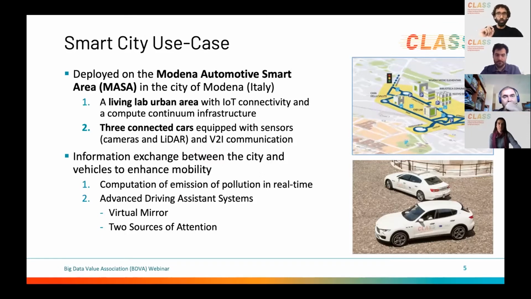So we intend, we are implementing, we are applying, we are testing this CLASS software architecture in a very ambitious yet realistic smart city use case that is deployed in the Modena Automotive Smart Area in the city of Modena. The MASA is a 1 square kilometer living lab urban area that includes IoT connectivity and the needed